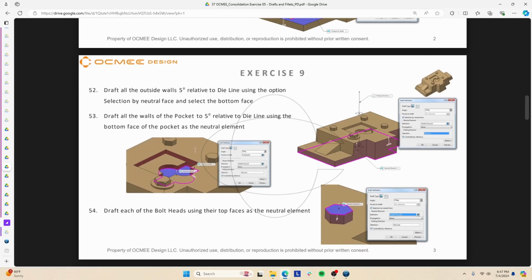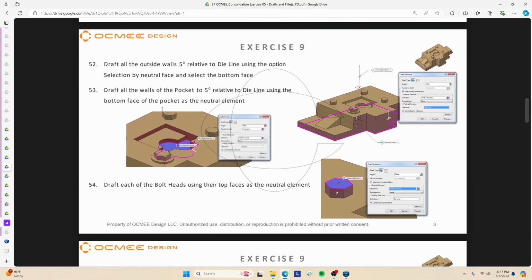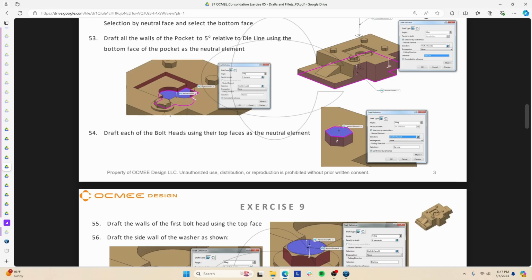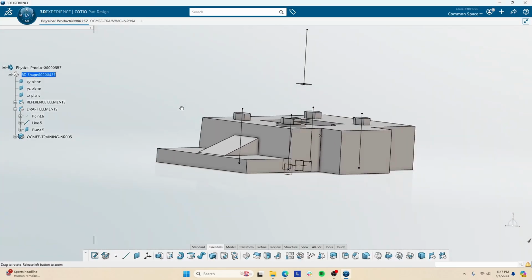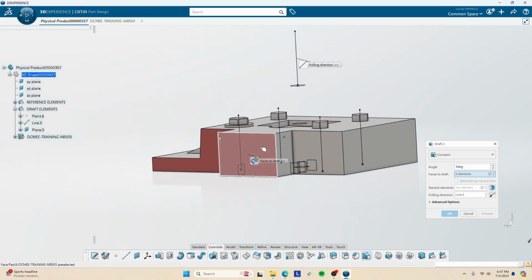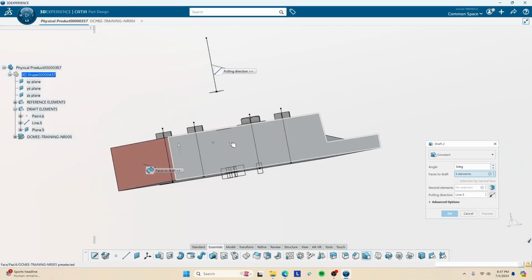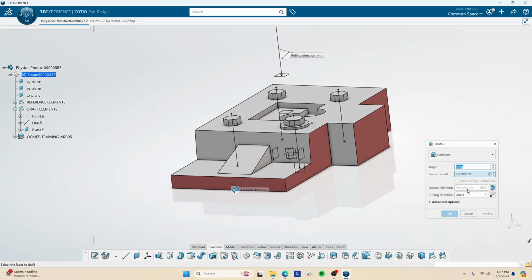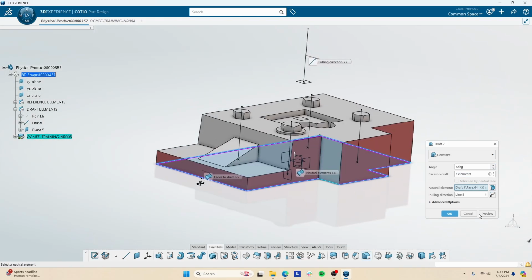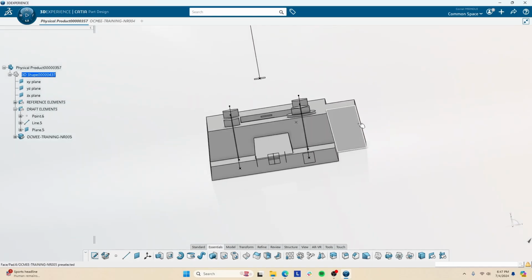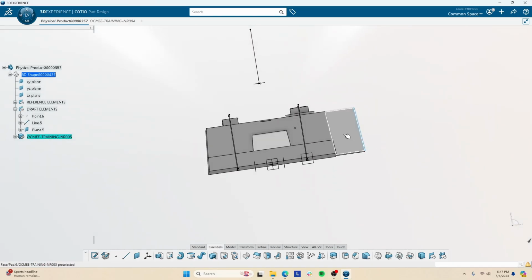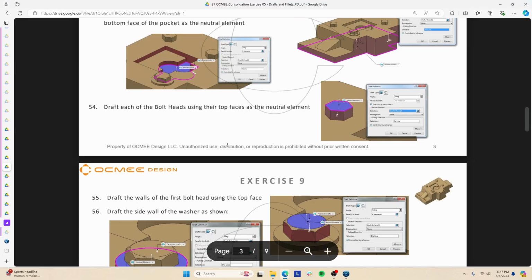Now it wants us to draft the other walls. I'll just do one more draft, honestly, so it doesn't get too repetitive. For example, the side walls drafting would be basis draft here, here, here, here, here, here, here, and here, with your neutral element being the base here. Pull direction, it already automatically knows. I do a preview, and that looks right, and okay, there you go. And you can see from this direction, this line, for example, is sloped inward towards the top, which is what we want. I'll skip the rest of these,